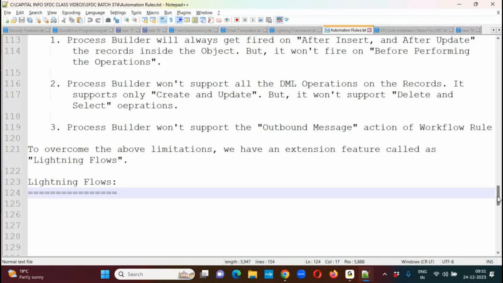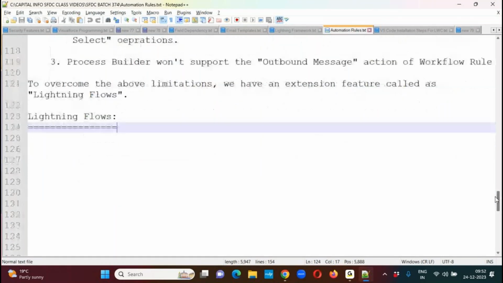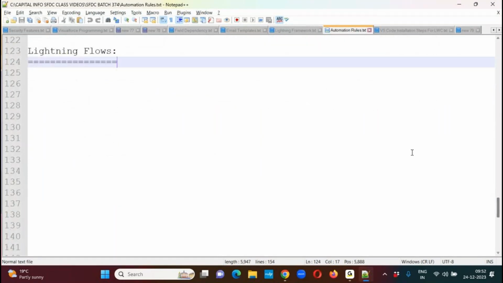And we have discussed what exactly a process builder is, what it will do, and what kind of actions we can automate through process builder, and when the processes will get fired automatically. And upon using this process builder, we listed out the limitations in the previous session. Now, to overcome the limitations of workflows and the process builder, Salesforce introduced a new feature called